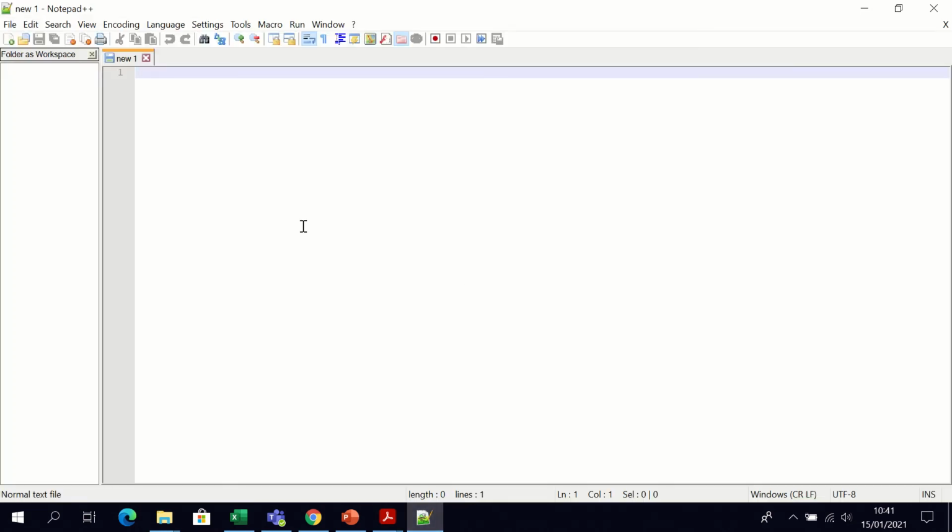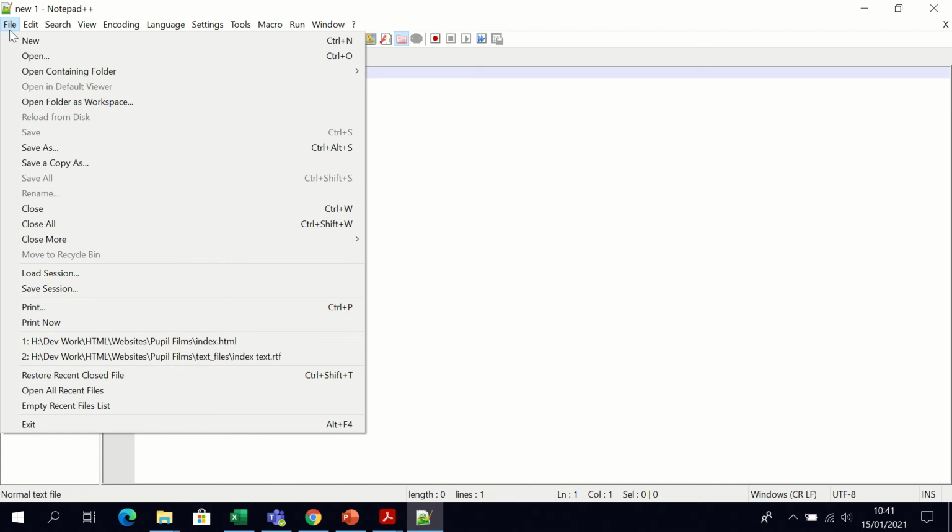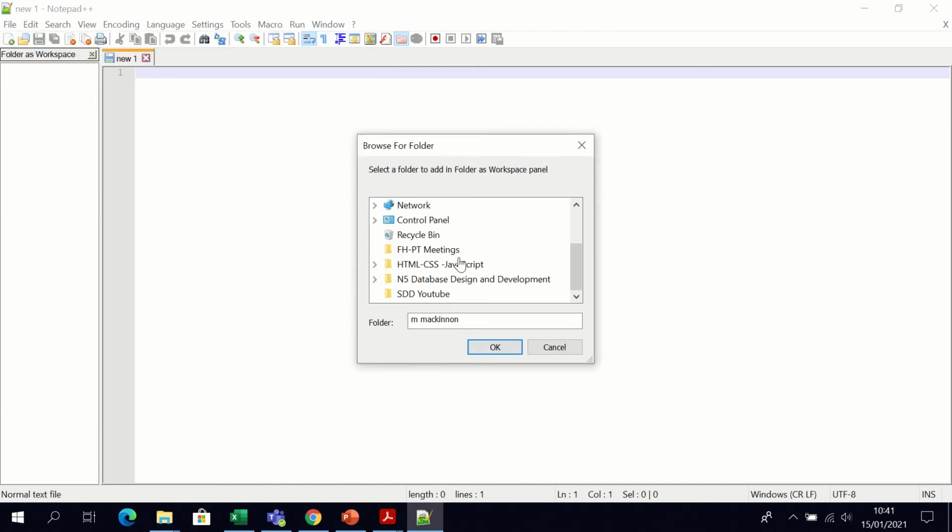And the first thing we're going to do is load our files up here so that we can work with them easily. Okay, so we're going to go to the File menu and open Folder as Workspace. Now, the files that I've allocated to you via Show My Homework Teams should be located in the areas that you are most familiar with. Once you download those